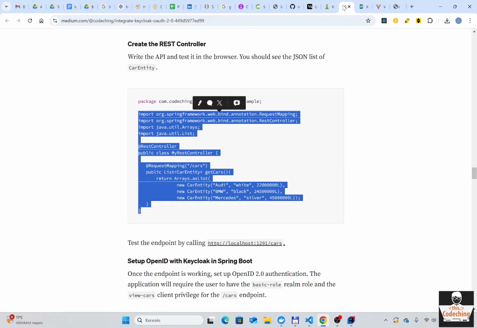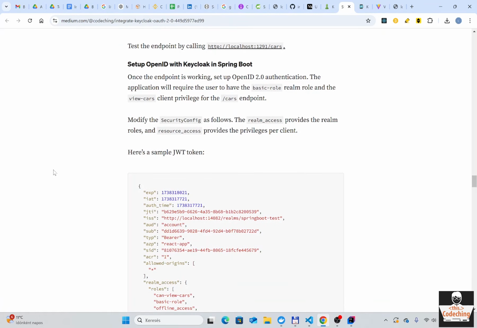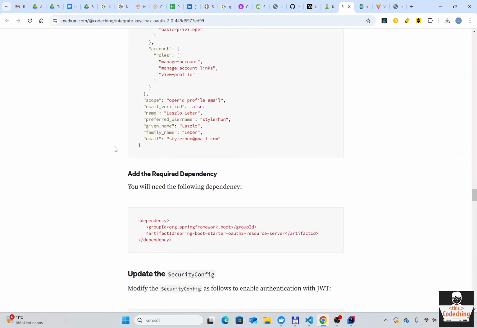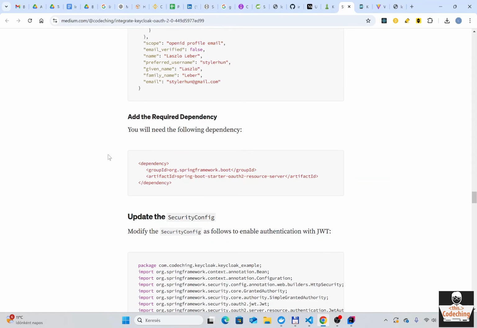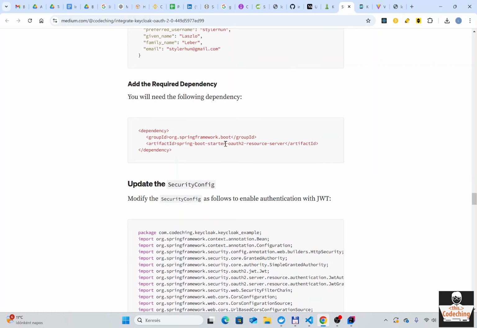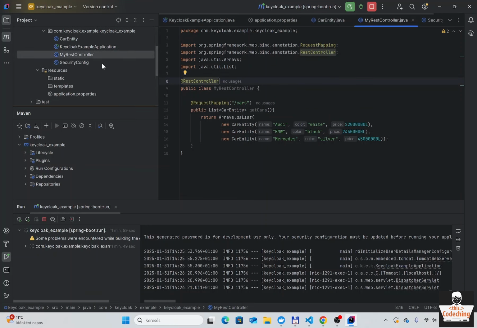So for this one, here you can see a JWT token example, but we need to install this dependency first. This is needed for the OAuth 2 logics. So let's open